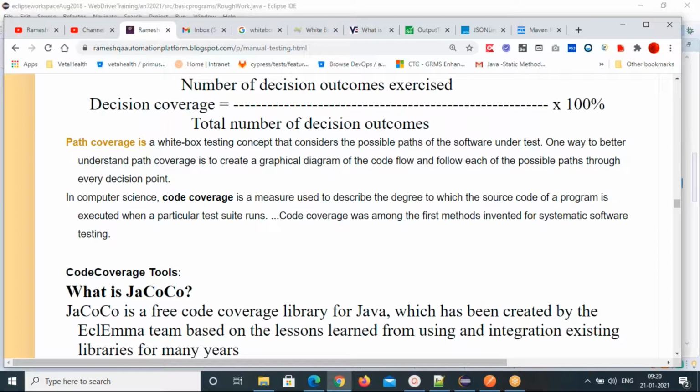Now, is it possible to calculate all this manually? It's not possible, right? You have so many conditions. So is it possible to calculate manually? It is not possible. Then how can you calculate the efficiency of your automation coverage? We call that code coverage. Code coverage is a metric, the terminology we are going to use to measure